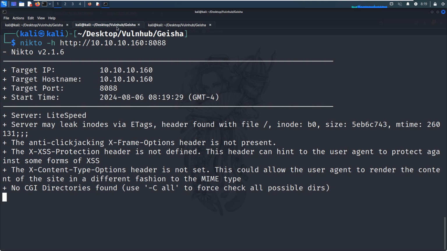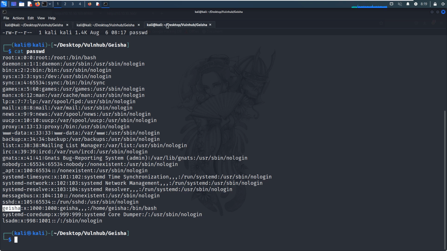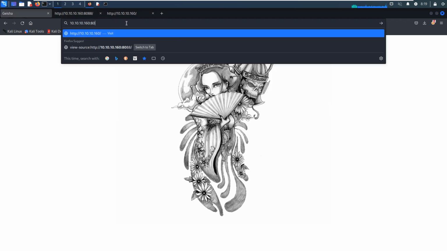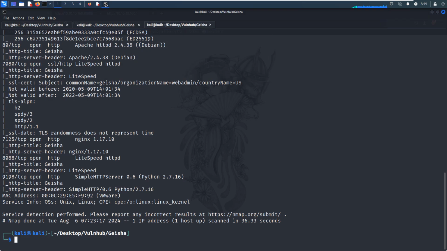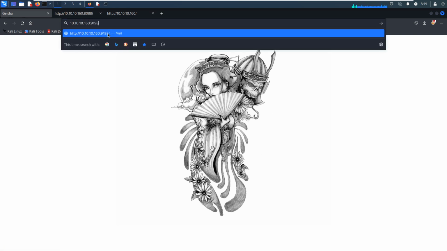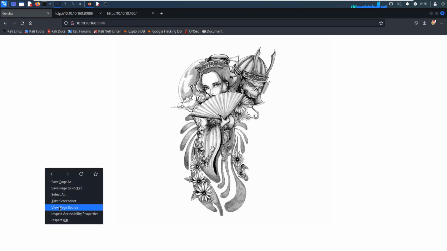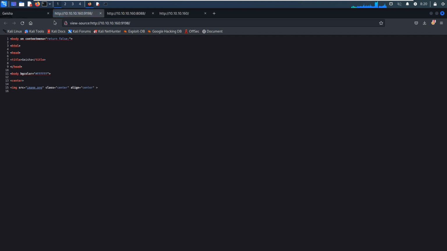And also we can take a look at the last port number. So the last port number is this one, okay? 19198. Press enter. Very, very weird. All of the web applications look like they are running the same application or providing the same content and picture. And we check its source code. Nothing there.